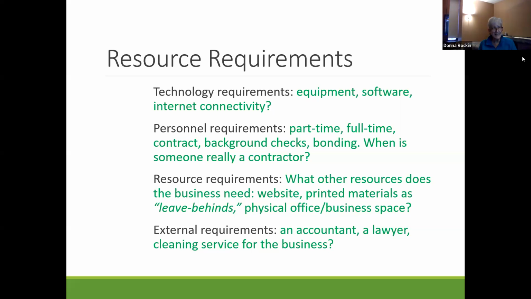By the way, on the 1099 test, when is somebody a contractor? You can Google the IRS for a 1099 test, and there's a series of questions. There's either 16 or 20 questions, and it has to do with control. How much control do you have over the contractor? If it's your accountant and your lawyer, you have very little control. You call them when you need help, they solve it, they send you a bill. The same way with your accountant.